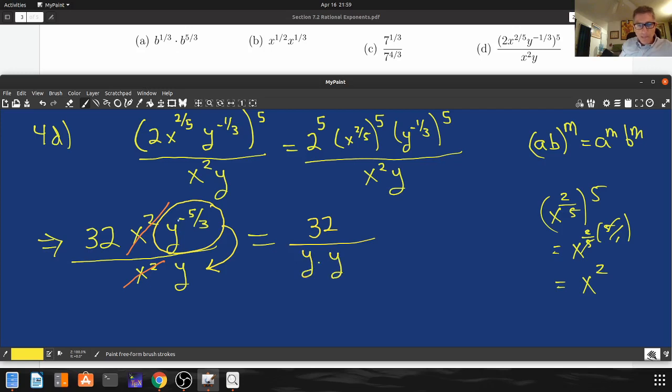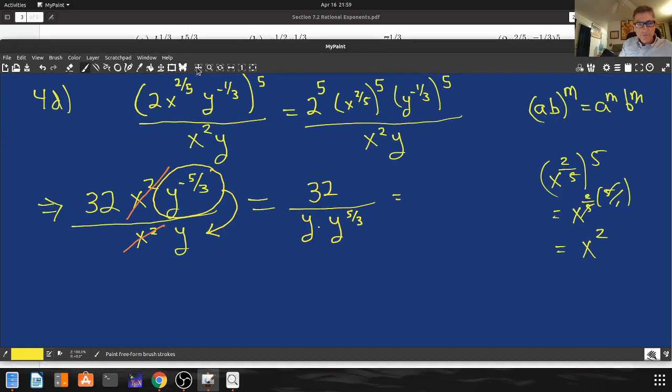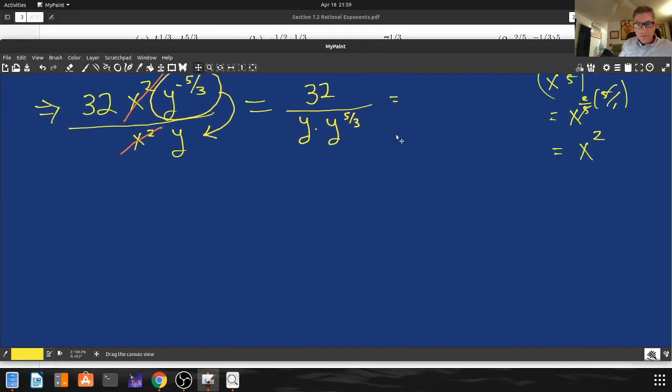The price I pay is I change the sign to the 5/3. So this is equal to,